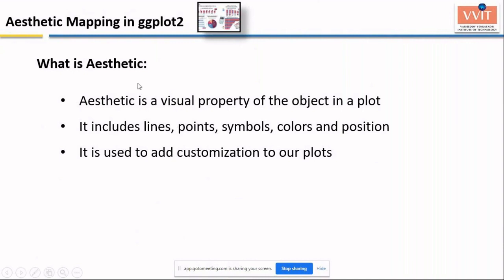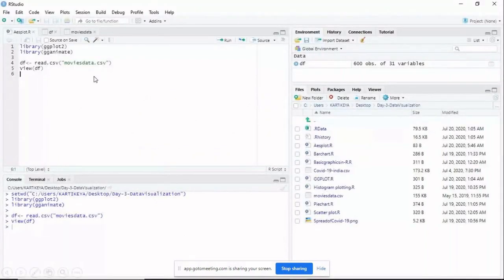So aesthetics is the main advantage of using ggplot2. All these things can be executed, and practically I will show it to you in the hands-on session in a few minutes. For now, just look at the syntax of how we are generating these plots.